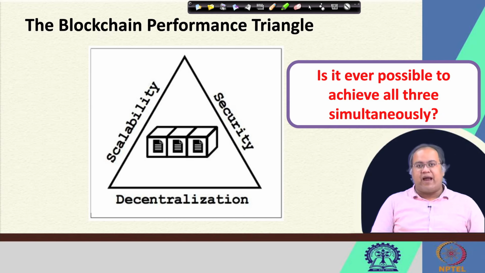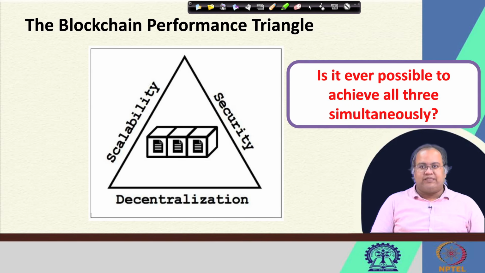It tries to make a balance between scalability, security and decentralization, and it claims that it can achieve consensus at internet scale with certain magical techniques in the system. We are going to learn about those magical techniques, and see what magic Algorand does to solve this blockchain performance triangle,